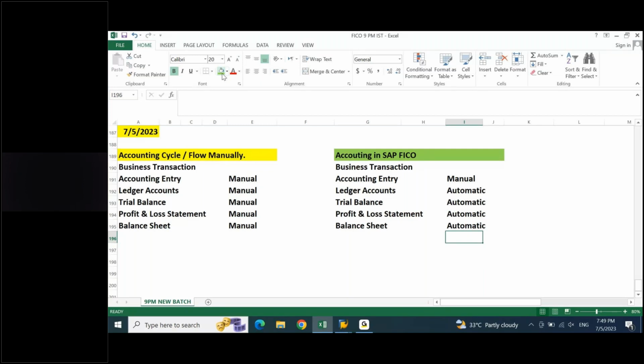You don't need to know how ledger account is prepared. You don't need to know how trial balance is prepared. You do not need to know how P&L account is prepared and then how balance sheet is prepared, because these are not prepared manually in the SAP. These are all system driven reports. But yes, you need to know what is ledger, P&L, balance sheet, TB, in order to make sure that whatever the system calculated a number that you are getting is right.